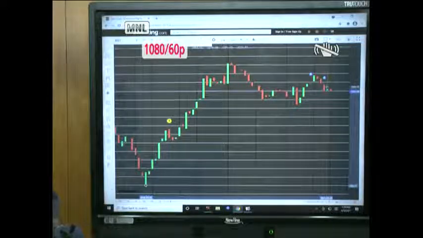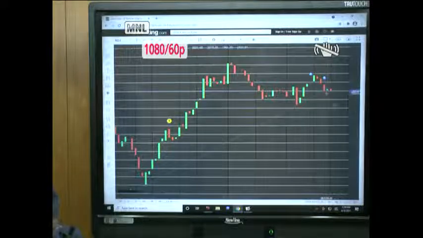Now that's fallen. So this is the area where probably it should have taken some support, that is this low, which is 1973. So now that's gone, 1973 is gone. So we should be looking for a slightly bearish situation as far as Reliance is concerned,